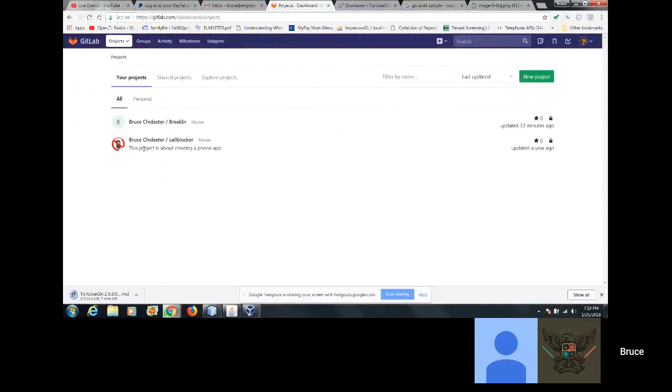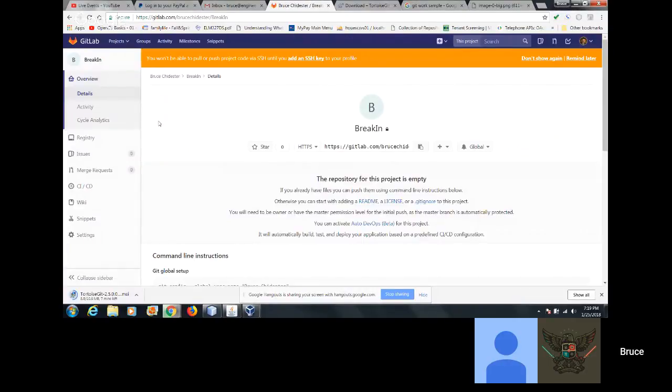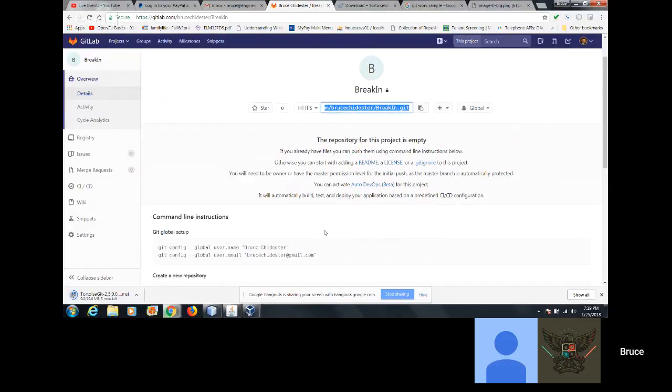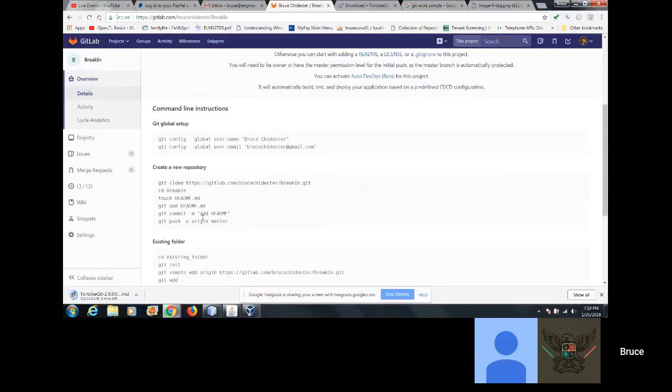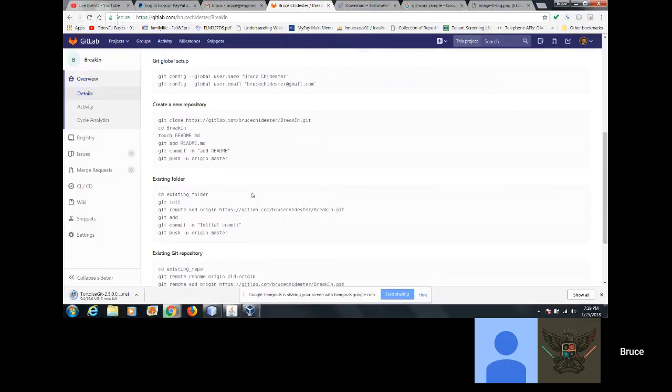If you go over here for our project and you click on our project, the break-in project, right here is the answer. If you copy this, Control-C, copy, and then paste. This will be your checkout. This will be the checkout URL for this. This is the location of the checkout, the server actually. And here's an example if you were doing it by command line. But we're going to use a tool that takes this command line stuff and makes it easy, okay?